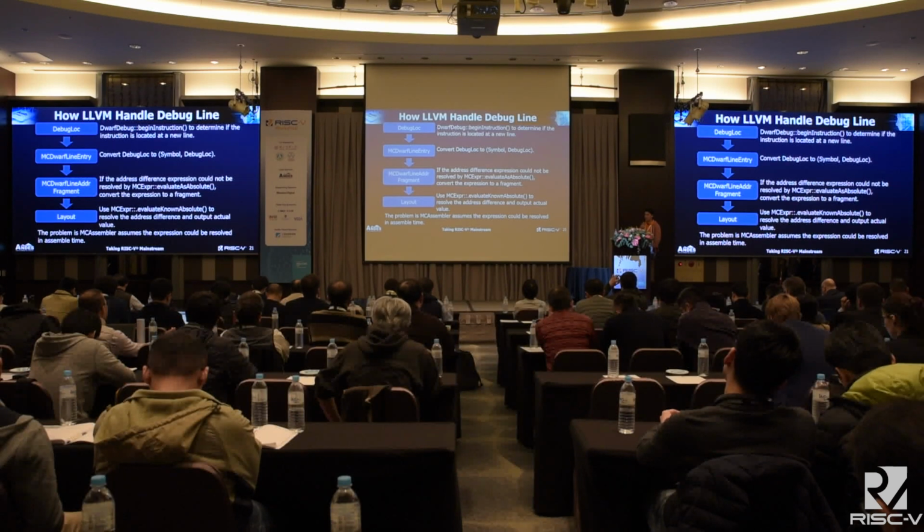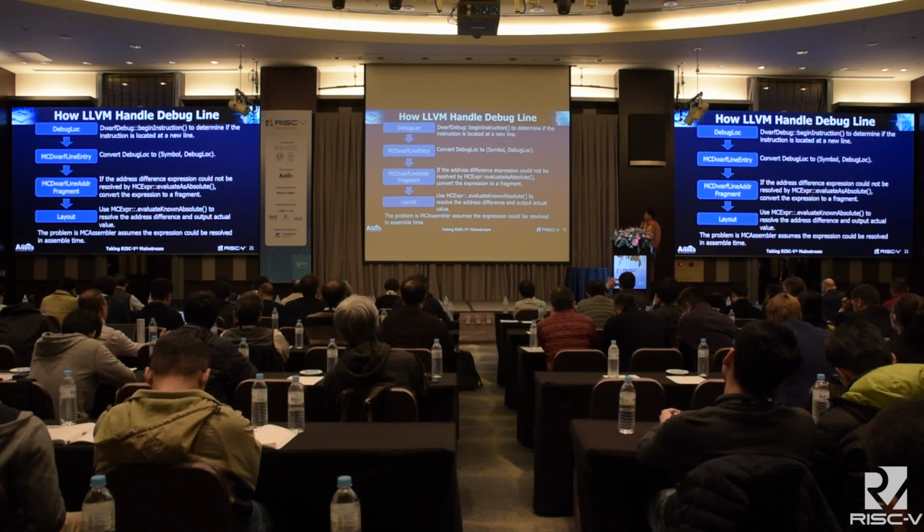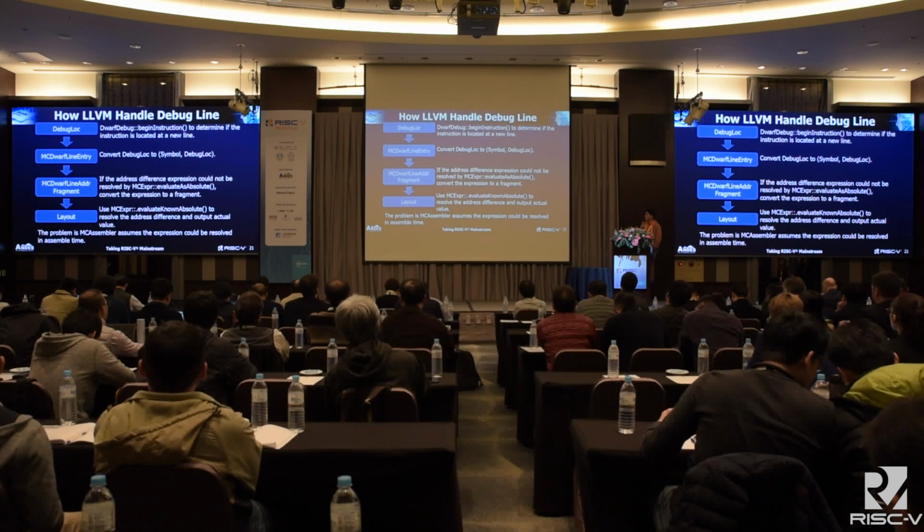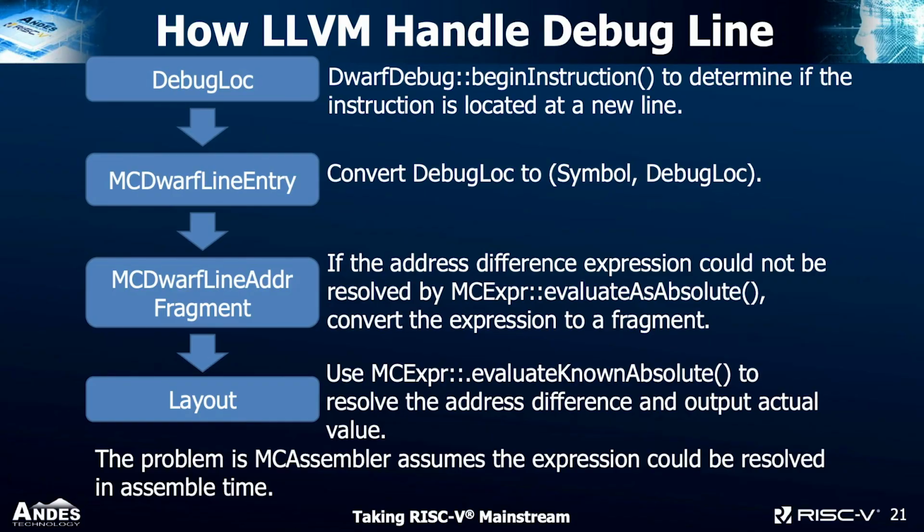If it is a new line, it will generate a symbol and create the mapping between the symbol and the line. The mapping between symbol and line is called MCDwarfLineEntry. After collecting all these mappings, LLVM will use evaluate as absolute with set inset to false to evaluate the symbol difference in the mappings. If the expression could not be resolved,